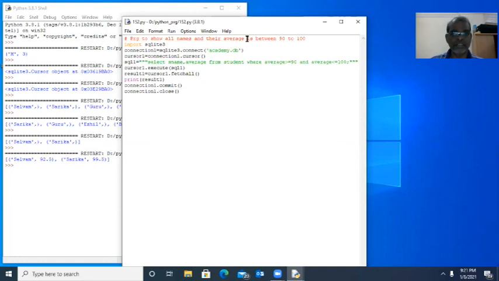The average should be either less than 20 or greater than 90. In between 20 and 90, then no need. We need the names of the students whose average lies less than 20 or greater than 90.